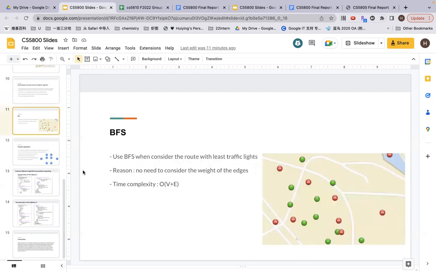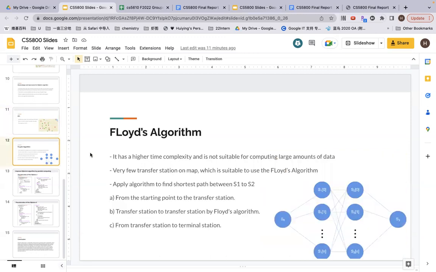And for BFS, we found the best case for BFS is to find the route with the least traffic lights. The reason is that in this case, we don't need to consider the weight of the edges, which means the graph becomes an unweighted graph. And BFS gives us the best time complexity of O(V + E). Next page. And about the Floyd algorithm, we all know that it has a higher time complexity compared to others,